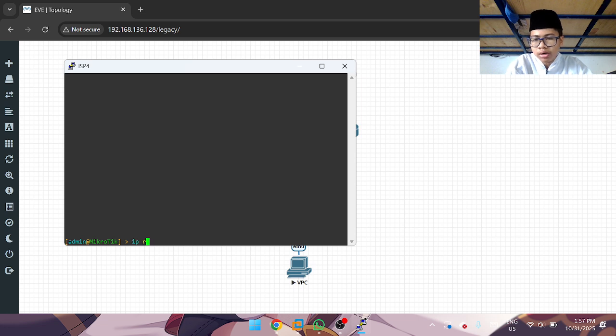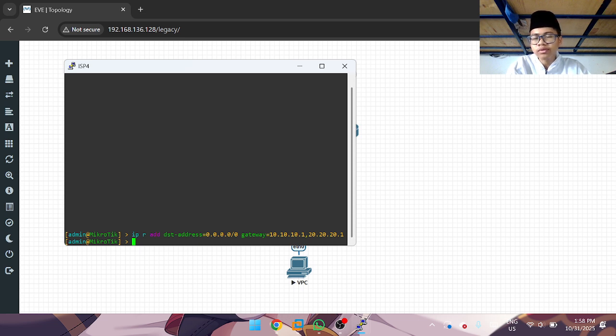Use IP route add, the dst-address is 0.0.0.0/0, and for gateway, if you want load balance, you use two gateways: 10.10.10.1, and use a comma to add more gateways, 20.20.20.1, and boom, it succeeds to be load balance.